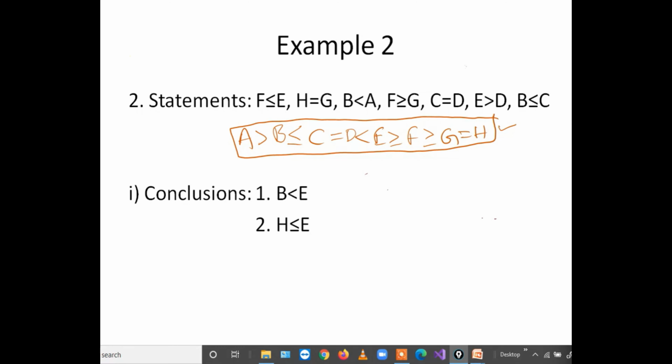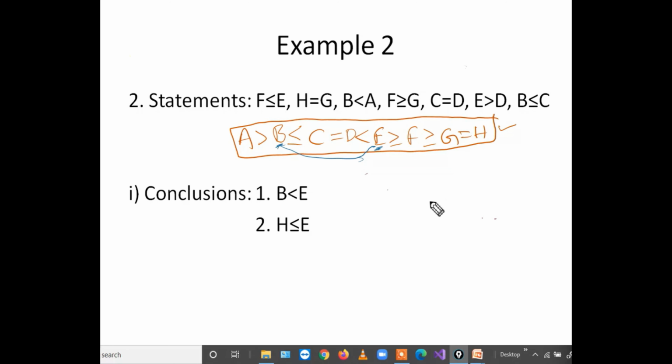Okay, first conclusion. B to E. Where is B? Here. E is here. Between B and E, is there any opposite polarity? No, there is no opposite polarity. So in the previous example, if there is no opposite polarity, we started a procedure. What is the result of these two? And with that result, compare with this one. Result compare with another. So it is a time-taking process. To avoid this time-taking procedure, simply we'll take one point here.